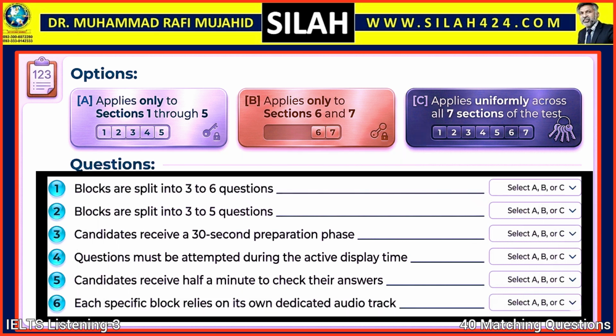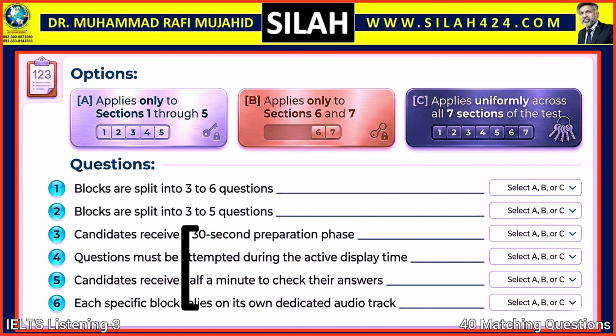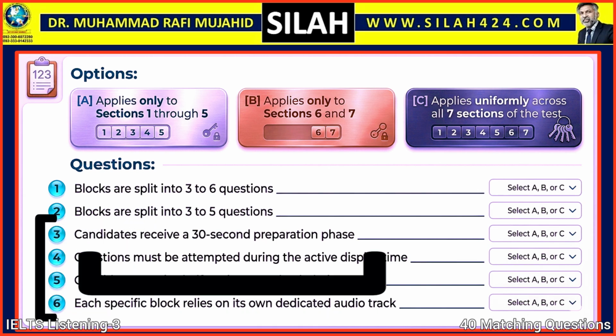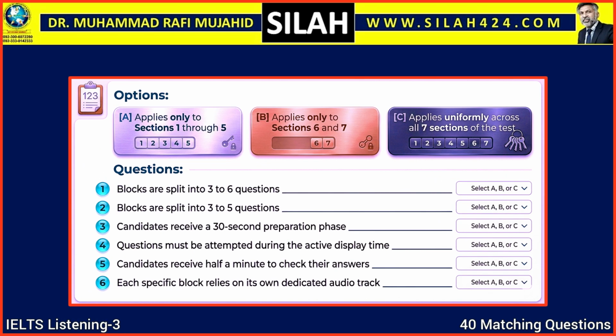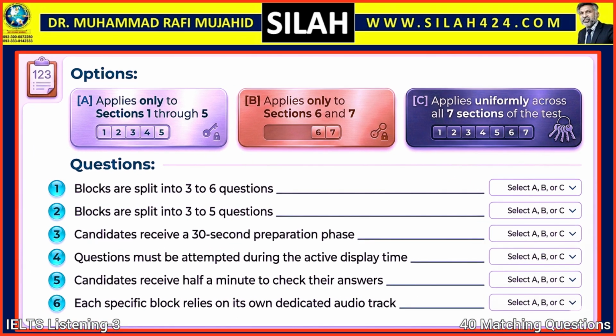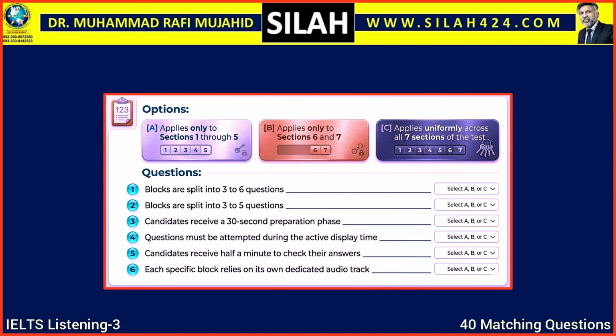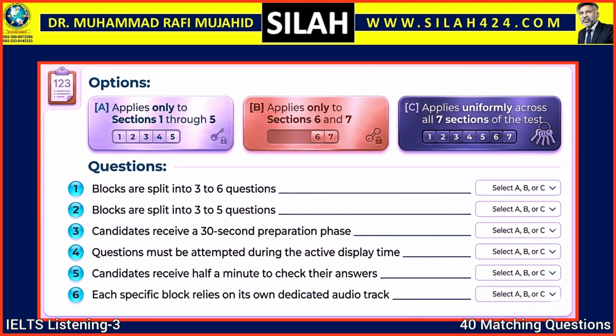Then, track the keywords. Look at questions 3 to 6. They mention the core 3-step format steps. Predict if Mujahid will describe these as general rules, C, or section-specific rules. 2. Match each component of the test structure with the correct operational rule, A, B, or C, explained by Mujahid in the dialogue. 3. Write the correct letter A, B, or C